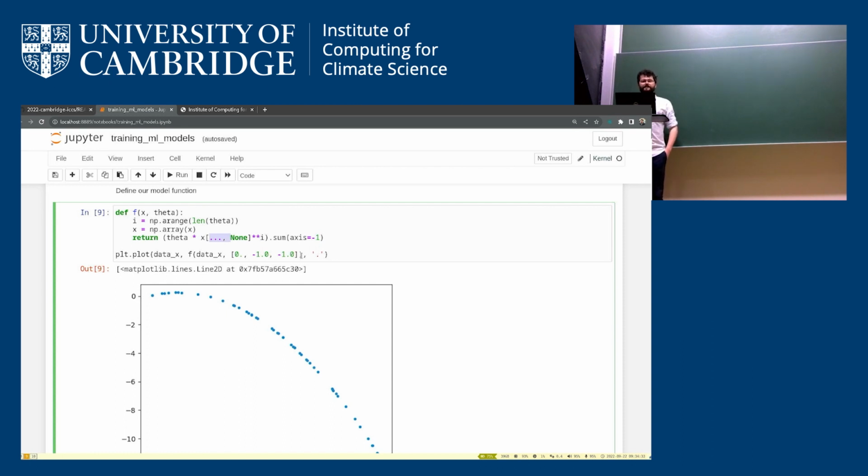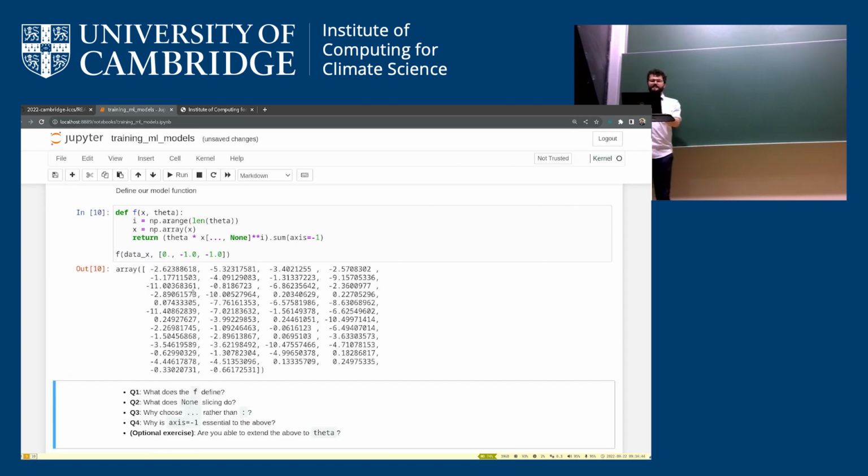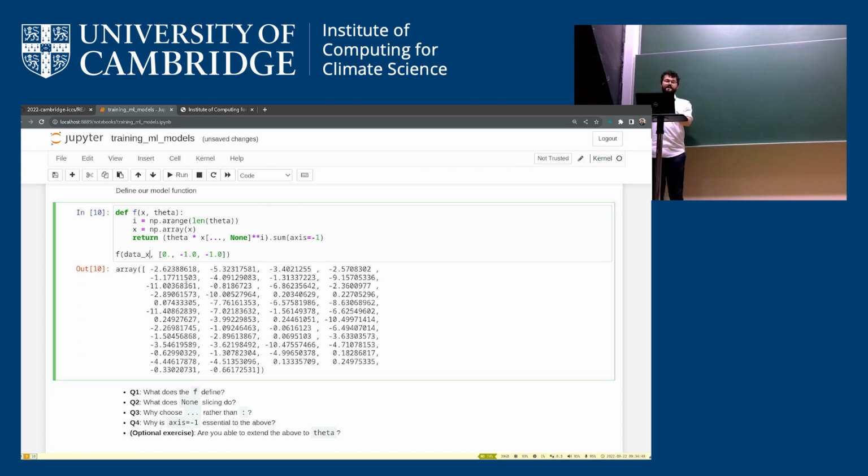So for example, here, if we go back to this, away from the plot, and look at what f of data x does, it takes in a vector and gives you out a vector of the same length. But if I were to give it another set of numbers, np.random.rand(10, 20), this thing here, call that x,